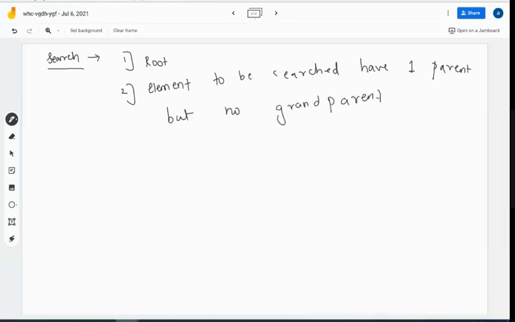The third scenario can be the element to be searched has a grandparent also, right? The situation can be that it will have the grandparent also. So let us first see the simple one in which it has only the parent.